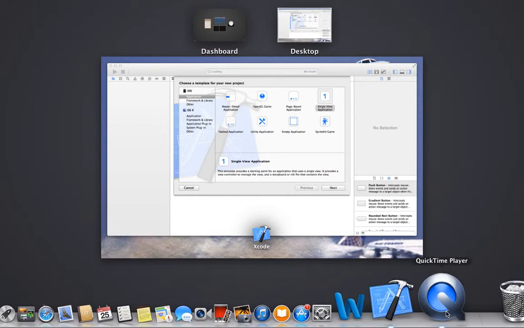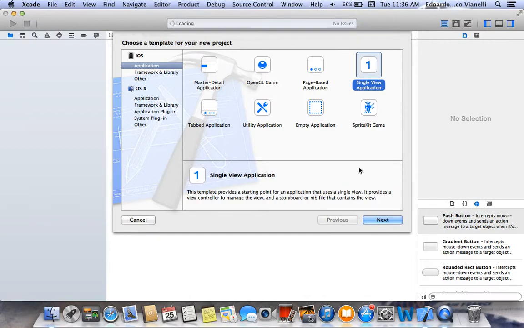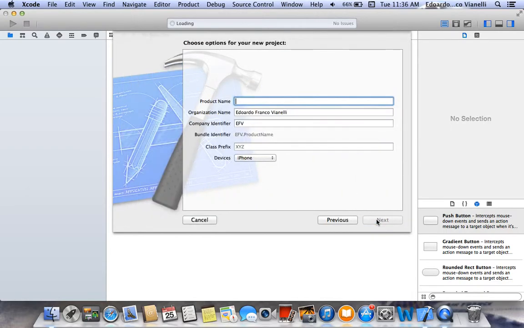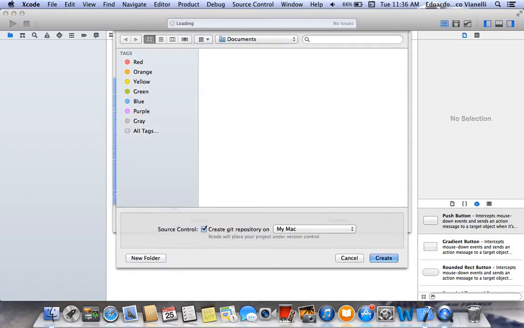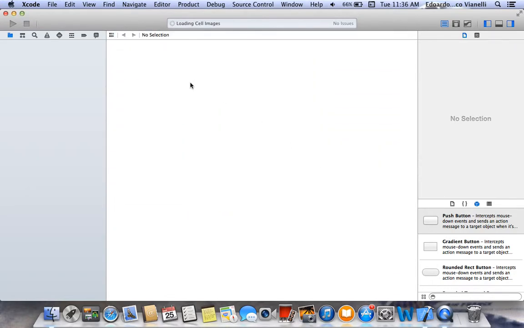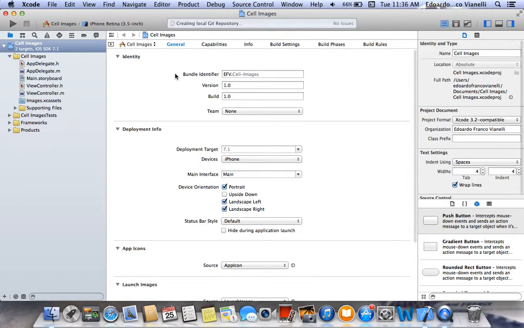Hello YouTube. In this tutorial I'm going to show you more stuff about table views, in particular how to put images next to the table, next to the text, and I'm going to show you several ways to do it. So I'll just make a project and call it Cell Images. If you haven't checked out my videos on making table views and pushing detail view controllers, you should check